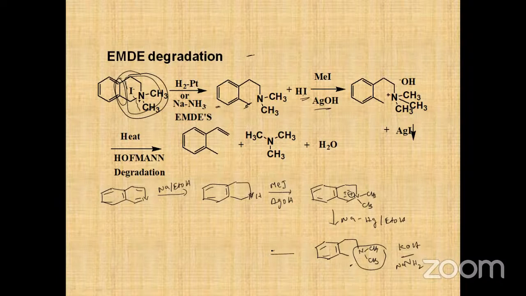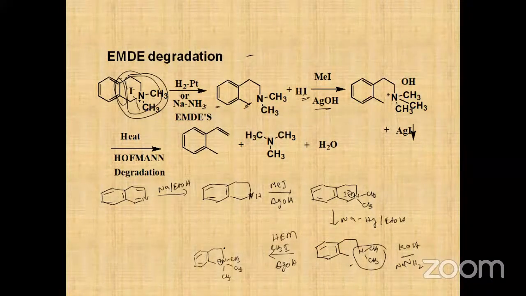again it is treated with methyl iodide and silver hydroxide. Again, we are applying here the Hofmann part of Emde's method. Now again it leads to the generation of a positive charge, right? Now at the beta hydrogen,